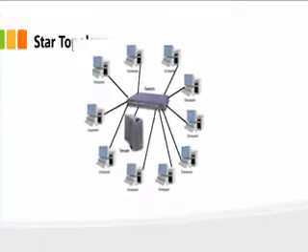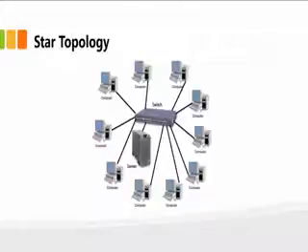Then we have the star topology, where you have a bunch of computers. They're connected through a device called a switch or a hub, basically a centralized device. All of the cables go into the device, and then of course that device connects to the centralized server through a cable as well. So therefore it's called a star topology, and it's fault tolerant, because if one of the computers goes down, for instance, nothing happens to the rest of the computers because they're sharing resources through a centralized